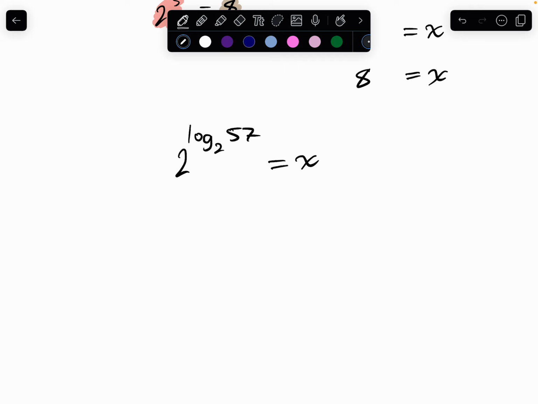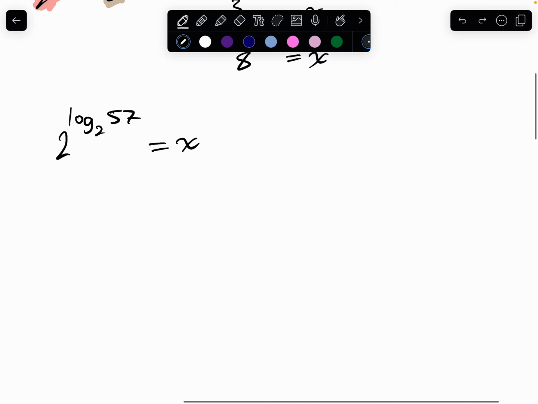So instead of trying to figure out what log base 2 of 57 is, we can just replace it with a random intermediate. So let's go in pink to separate it. We'll go log base 2 of 57